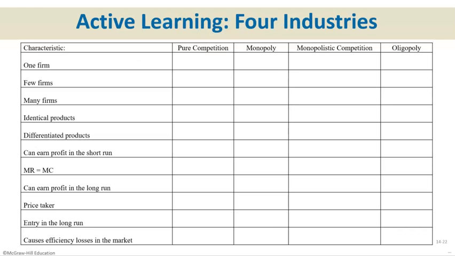To end this chapter, we're going to do this activity comparing the 4 types of industries. So for each characteristic, you want to make a check mark if it's true about that particular industry. Now, be aware there may be only one that fits it, or there may be more than one. There's at least one on here where all 4 are correct. All 4 industries have that characteristic. So pause the video here and try it out.